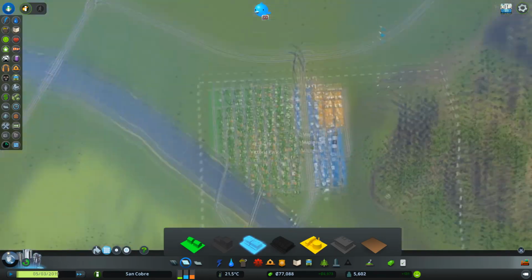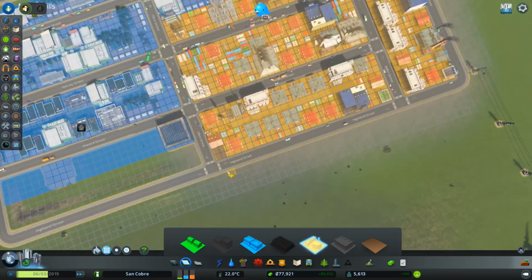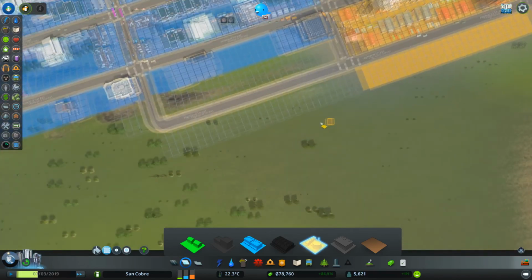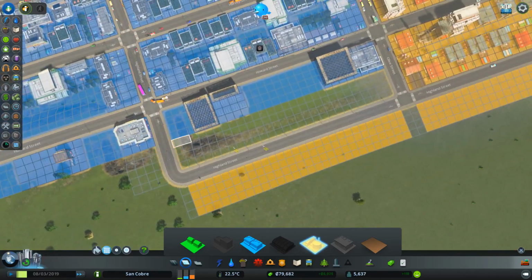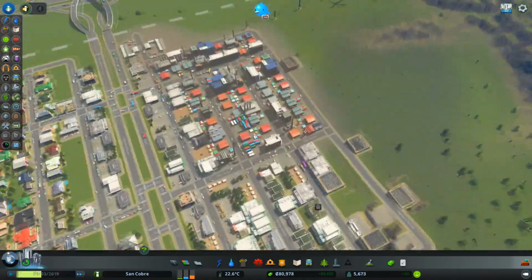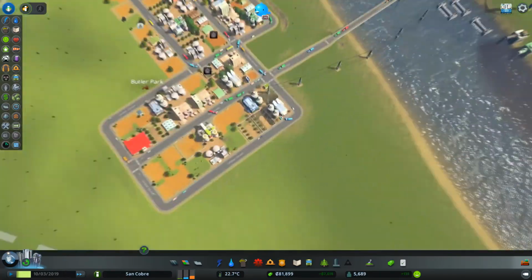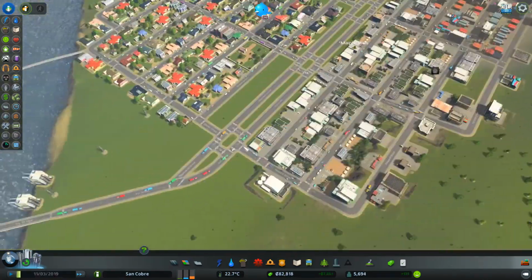4%. That means we can afford to put down some more heavy commercial up here just to take up that little bit of slack with respect to the demand here. I mean, we will change it over eventually. What I want to do is go completely environmentally friendly. This is doing really well over here. Gonna have to watch the traffic building up here though,